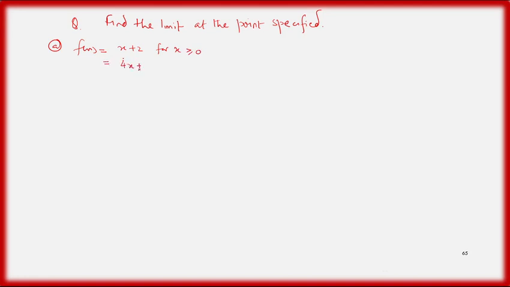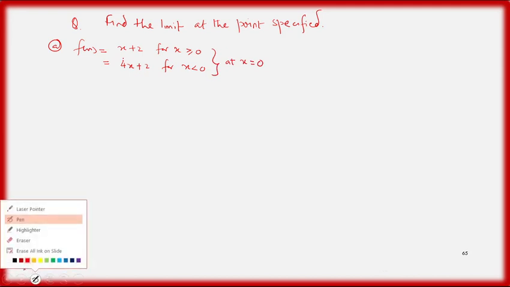Find the limit at the point specified. Number A, f of x equal x plus 2 for x greater or equal than 0, 4x plus 2 for x smaller than 0, at x equal to 0. This is the question. Now the solution is